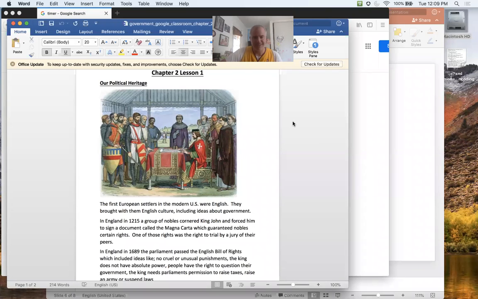We're also going to see that slowly in England, this idea of a parliament gets more and more common. Starting in the 1400s and the 1500s, the English government has a group of leaders called the House of Lords, who are mostly nobles, who have certain powers, one of which was the power to raise taxes. So if the king needed more money, he had to go to the House of Lords, who were nobles, to ask for more money. Therefore, he couldn't do whatever he wanted.